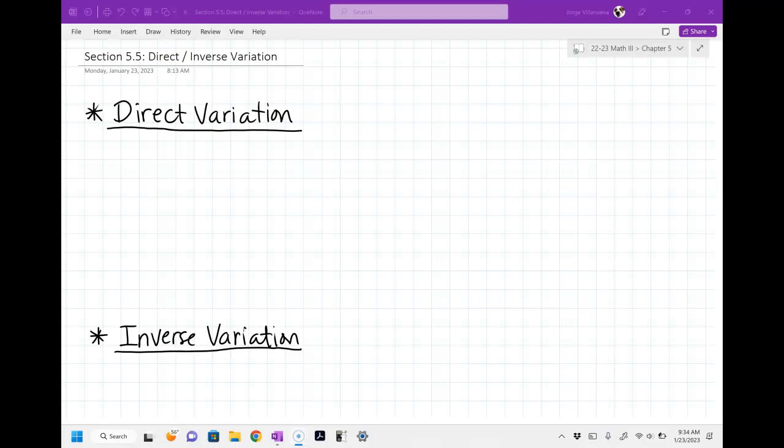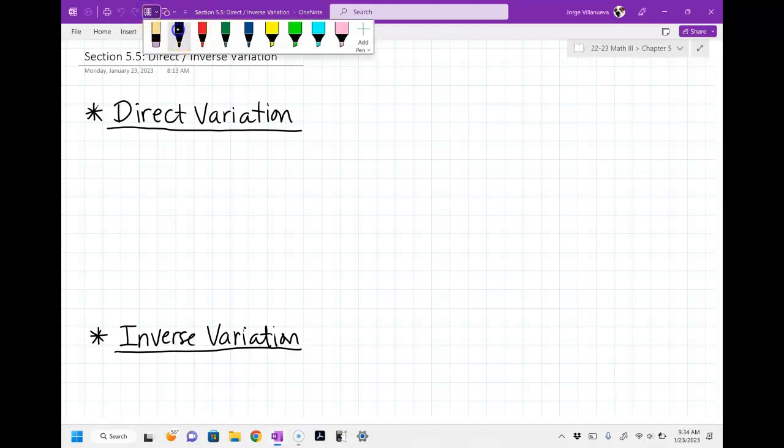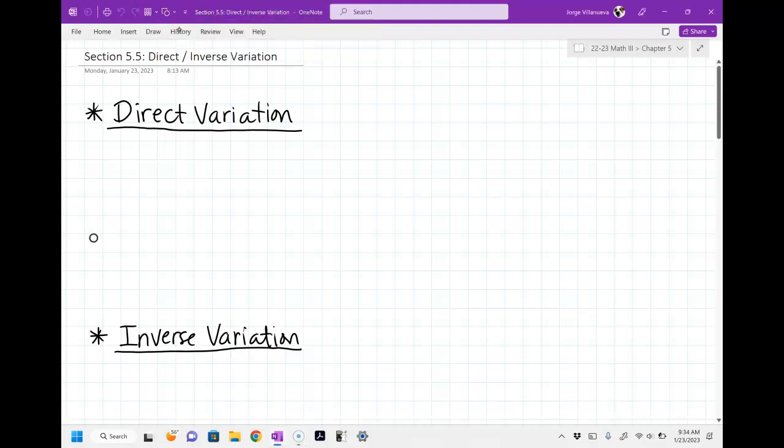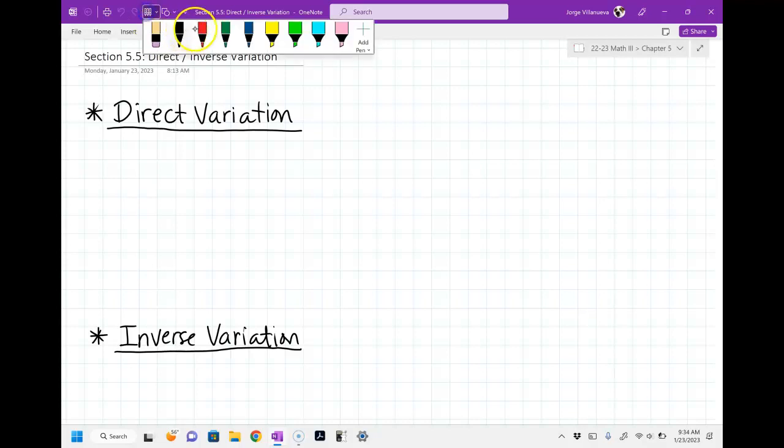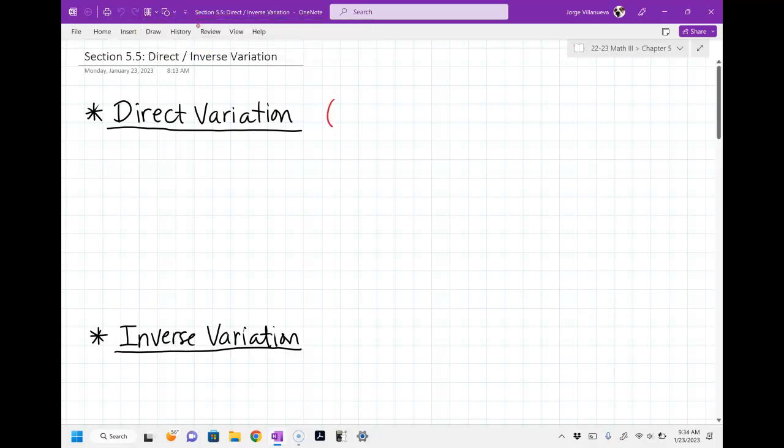All right, so we are doing section 5.5, which is direct or inverse variation. Now, we're going to start off with direct variation. Let me explain the difference between direct and inverse. For direct variation, more equals more, or less equals less. Just to give you some basic ideas of what this means, when it comes to